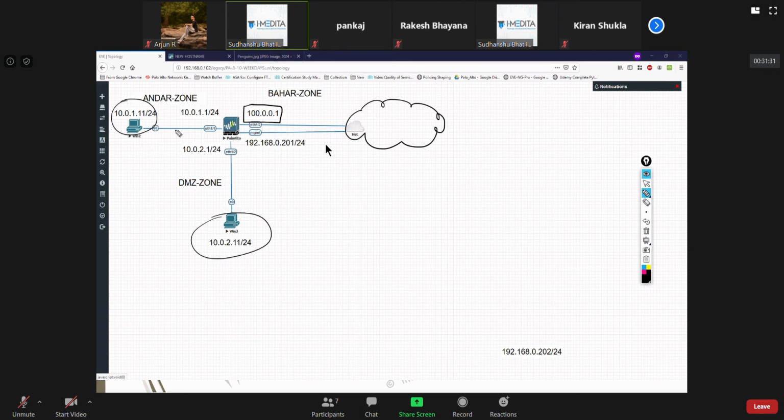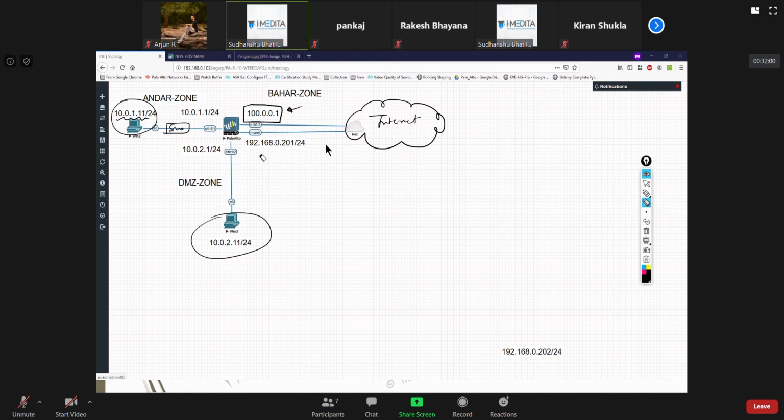Even if we have a switch and some other people, all of them can go out, but for going out on the internet they'll all be represented by this IP address. We change their source IP from private to public. That's what NAT does, one of the most common uses.